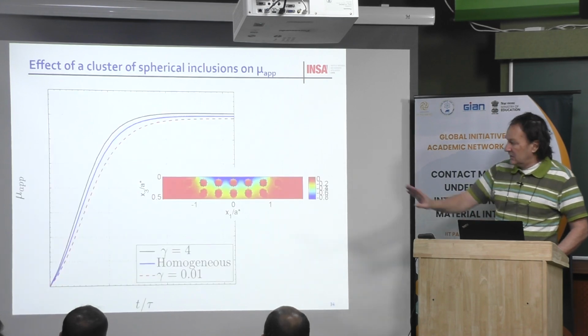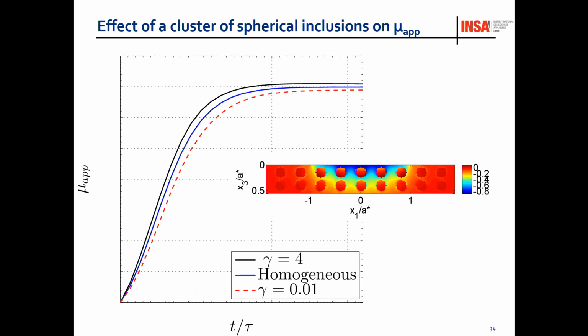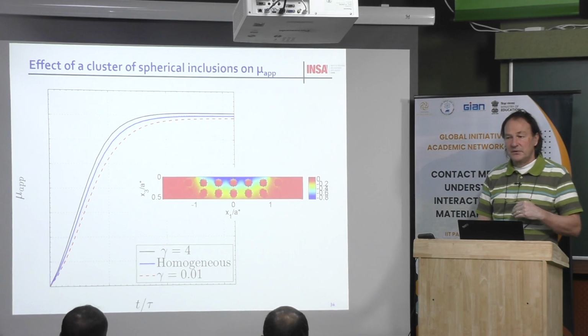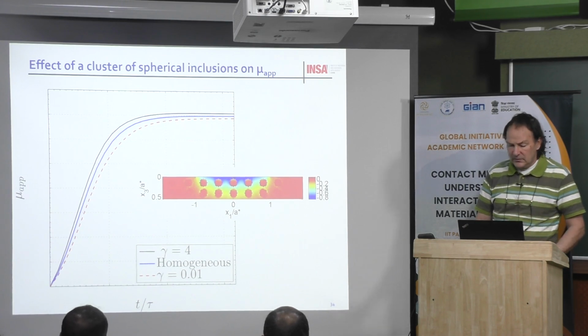And the same, as I said before, this time we have an infinity of inclusions everywhere, which are well distributed with a regular mesh. And you can see again that compared to the homogeneous solution, if you have stiffer inclusions, you will increase the friction coefficient, and if you have softer inclusions, or cavities or voids, you will decrease the apparent friction coefficient. It depends on what you want to produce.